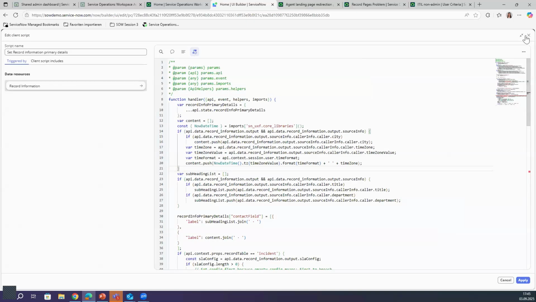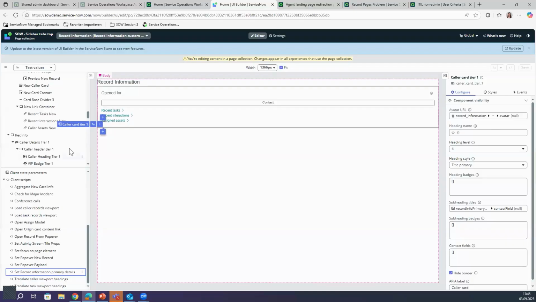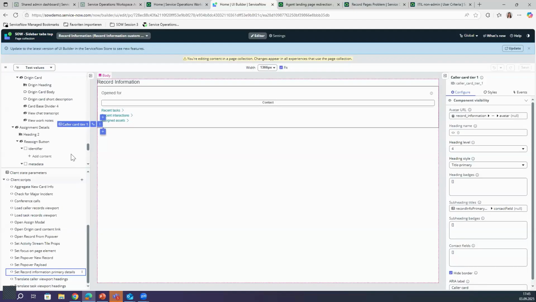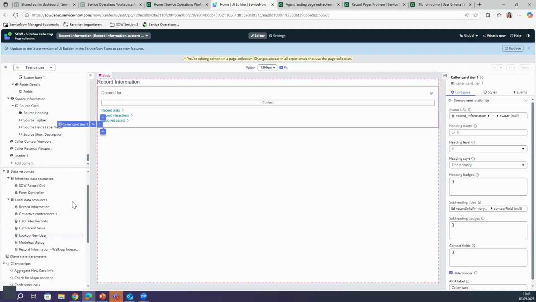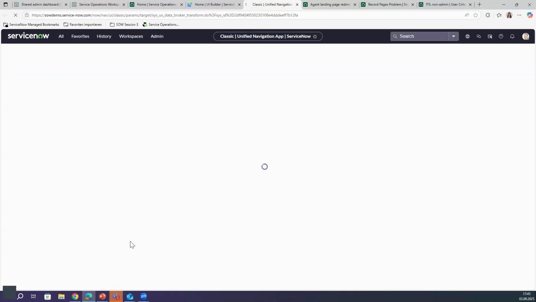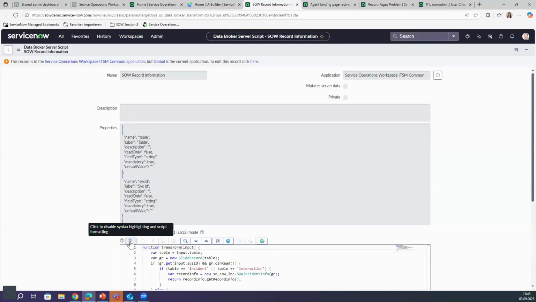I will have to go into the record information. So I think down here, you should have the record information, and here we click on open record. So here we have the SOW record information that is called in the script. And if we go into this script include,